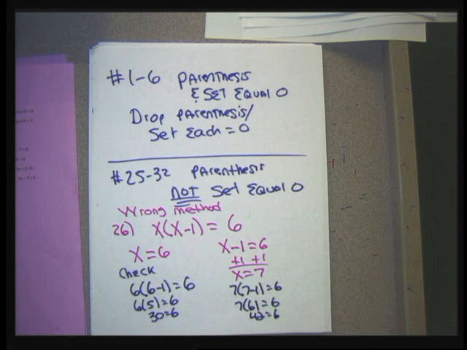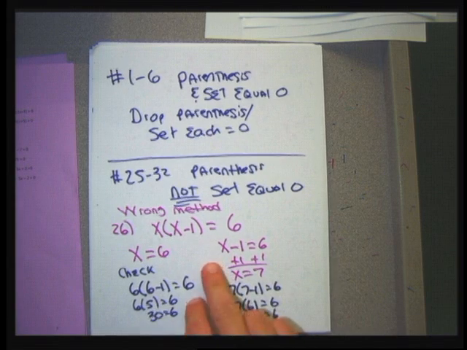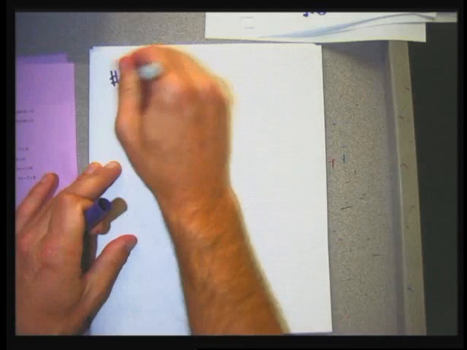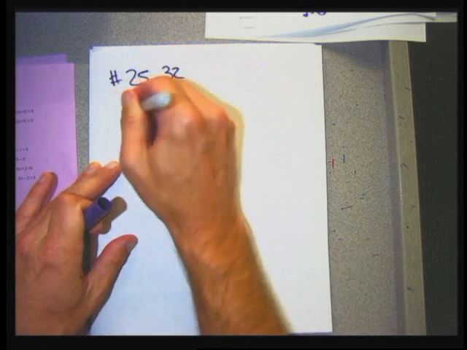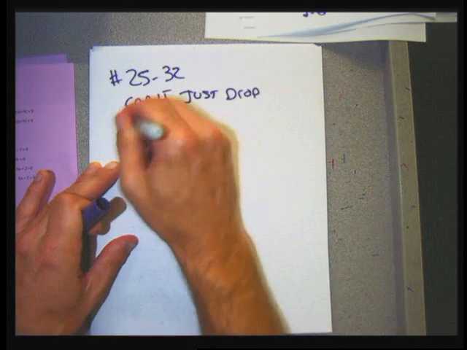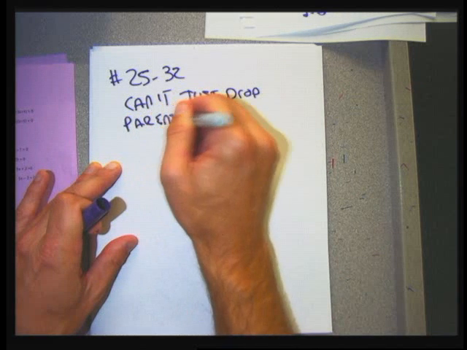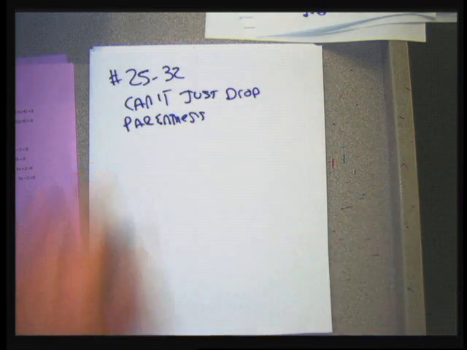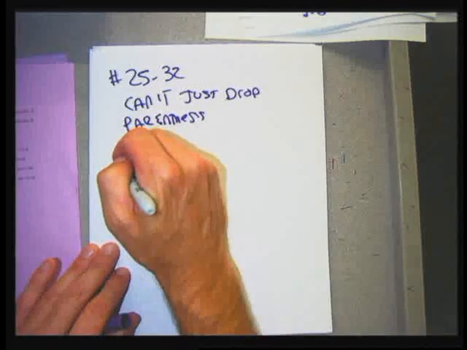For each of the problems between 25 and 32, the factoring that's given to me is not beneficial. I have to unfactor it, multiply out, clear the factoring, set them equal to 0, and then solve them like 1 through 6. They're way involved problems. So for problems 25 through 32, you can't just drop the parentheses and solve the equations. What I need to do is